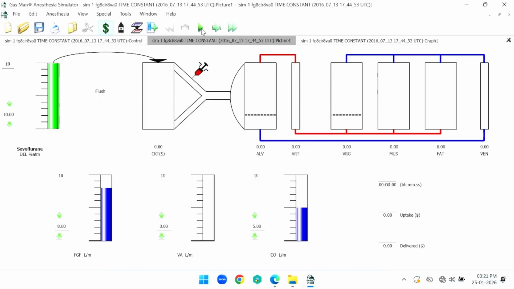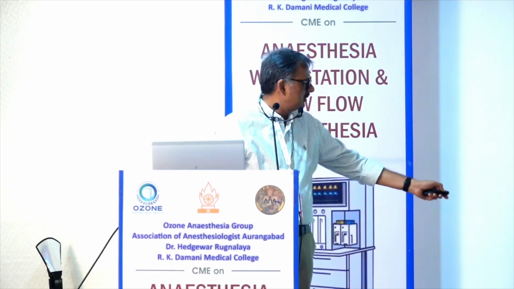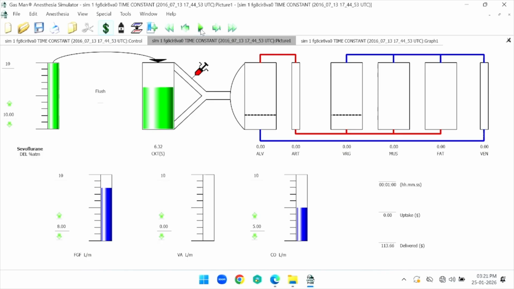Now look. What's the time there? 63. 6.32 of 10. The percent is 63. Now, again running. 2 time constant, 86.5. And this is 2 minutes. 3 time constant, how much should it be? 3 time constant, 95. And 6 time constant,